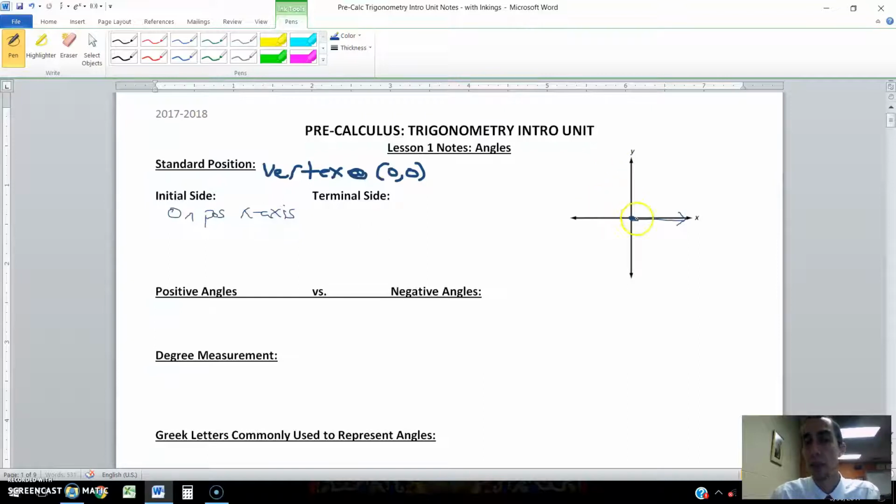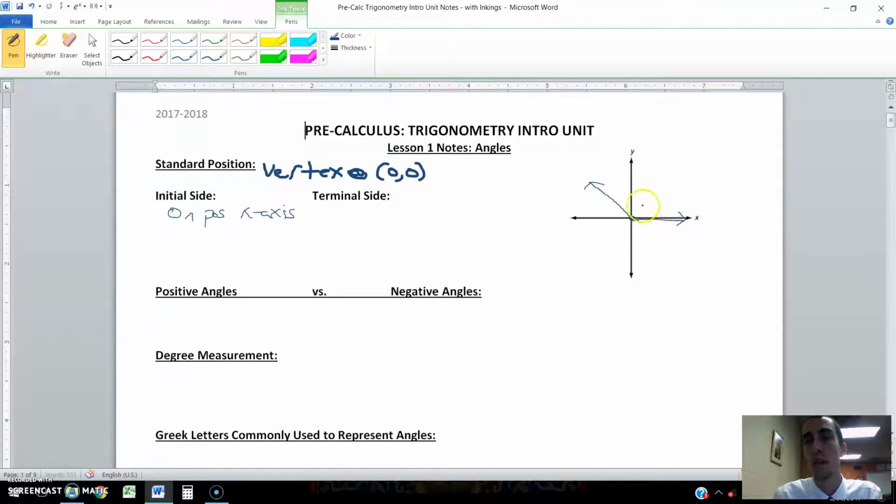Then the terminal side. Terminal side is the second side of the angle. In a sense, it's where the angle ends. So let's say that this angle ends in quadrant 2. Then we would be going out here. So the angle starts here at this ray and ends at this ray, which means in a sense that it